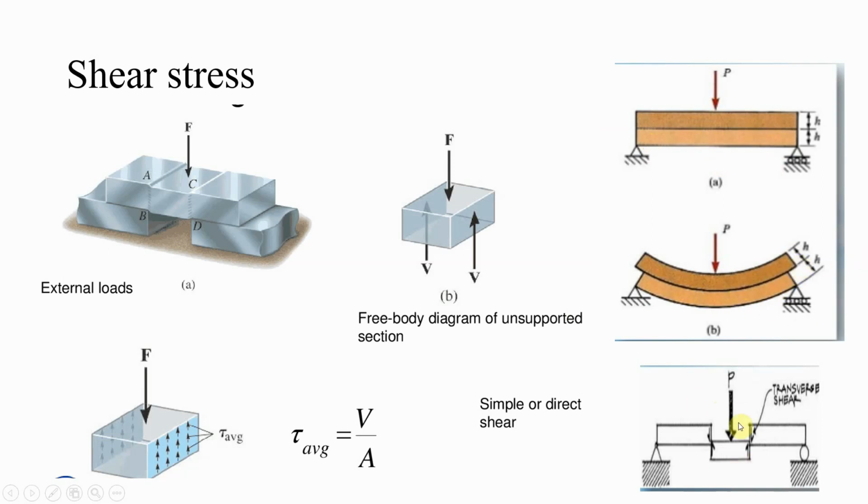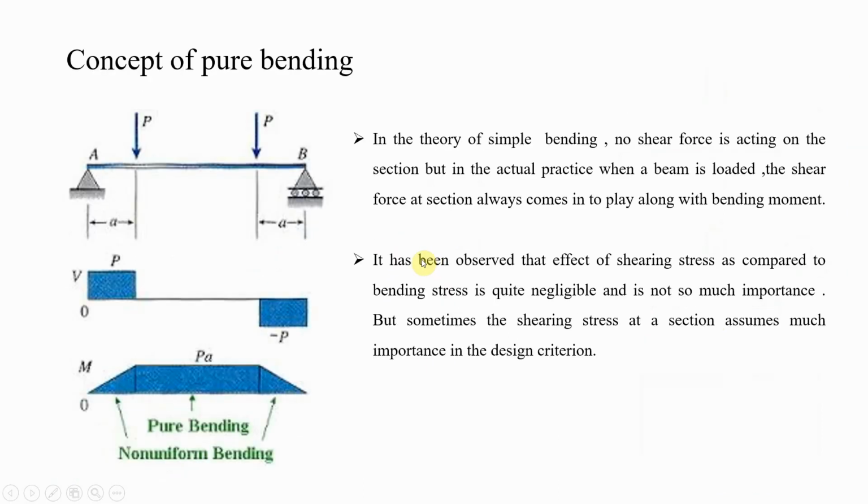And in the second diagram, if you see here, because of this vertical load, if you consider your beam is also made up of vertical layers, the vertical layers may slide on each other. So this is a case of vertical shear. So there may be a horizontal shear or vertical shear in the beam, but they are complementary to each other. And that's all about the shear stress in the beam. Then there is the concept of pure bending.